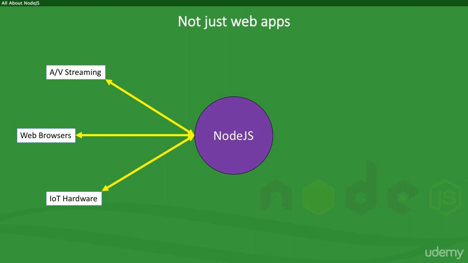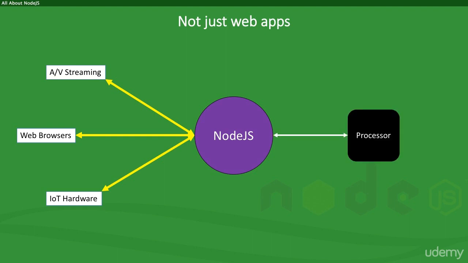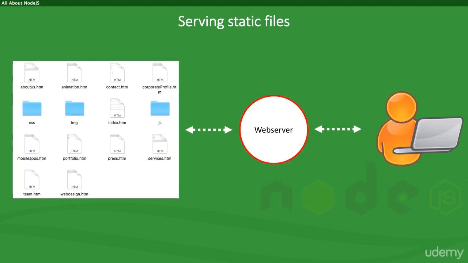Node's C++ core then does the job of talking to your processor in machine language. And because of this, Node can actually be made to work with a wide array of processors. So Node really goes beyond just web applications, and we are beginning to scratch its surface as we continue on with this course. So now, armed with this knowledge and the process of routing that you saw earlier, let's write a simple web server in the next screencast. More specifically, this server will serve a static HTML website.